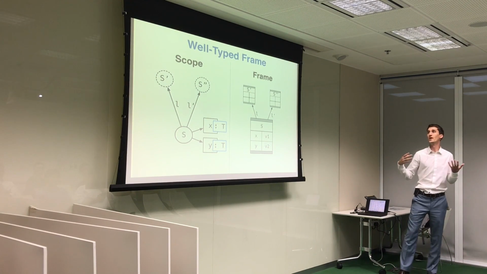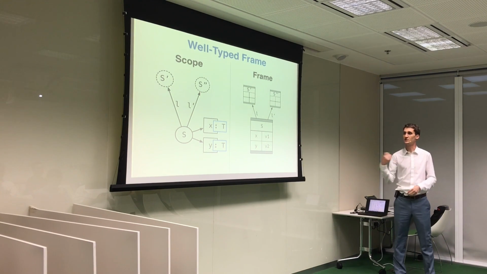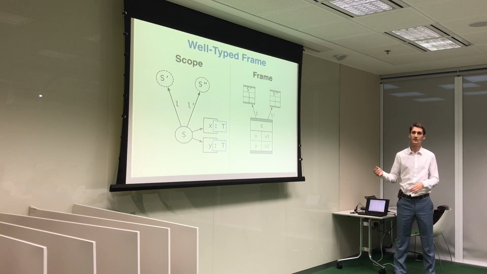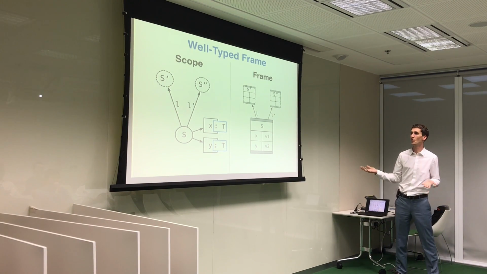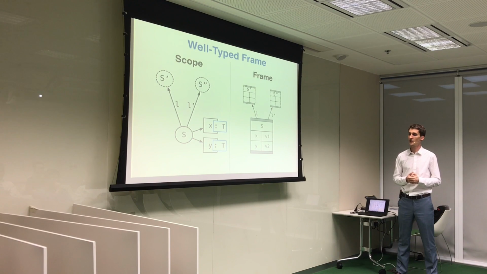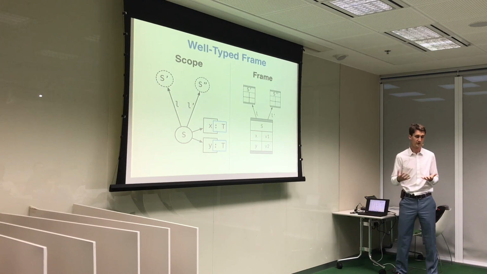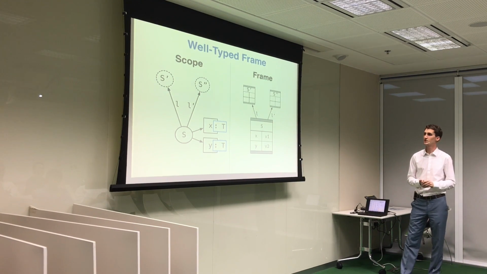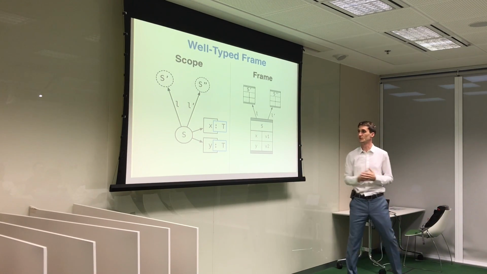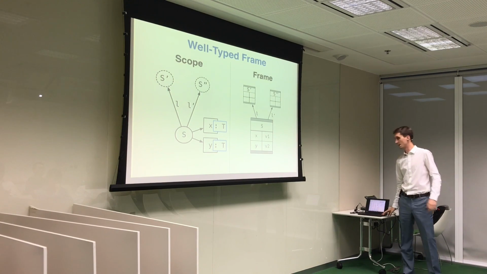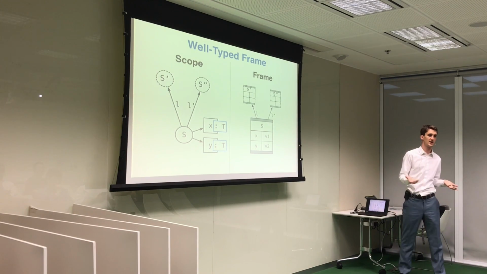And the well-typed property is the same thing with types. So everything that you see and has a value has to have a value of the correct type from the scope point of view. For the scope, you only have to type the definitions of the different variables, and from the frame point of view, you just have to check the type of the value. And by maintaining these 2 invariants, you can have a whole set of language-independent lemmas